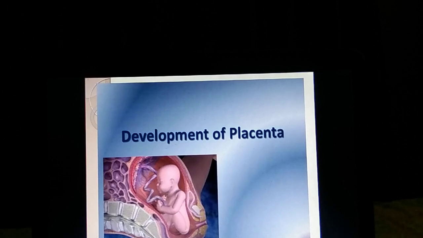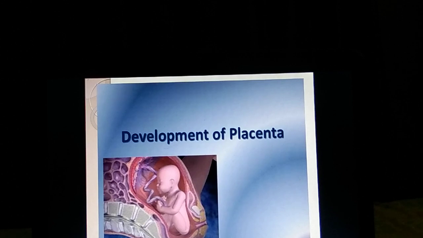So, if you remember, the endometrium during the secretory phase undergoes the decidualization process, and the endometrium changes into the decidua. The decidua present just below the fetus or the embryo is the decidua basalis. The decidua which covers the fetus forms the decidua capsularis, and the decidua covering the entire endometrium elsewhere forms the decidua parietalis. So there are two components which participate in the formation of placenta. The first is the maternal component and the second is the fetal component.